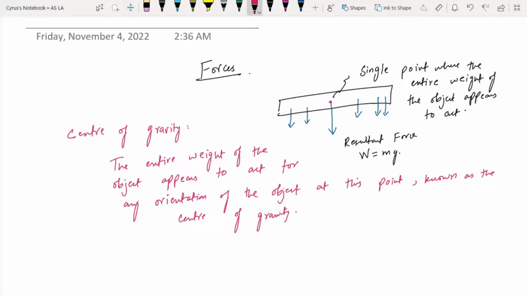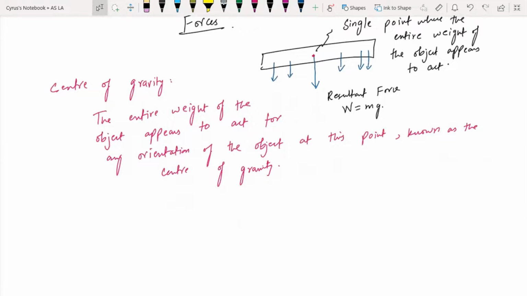So you have the entire weight here which is acting at this point and we call this the center of gravity, right? आप लोगों को एक बात पता होगी, आप लोगों ने मोमेंट्स ऑफ फोर्स पढ़ा था और उसमें हमारे